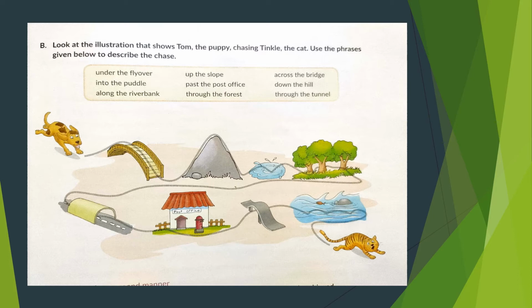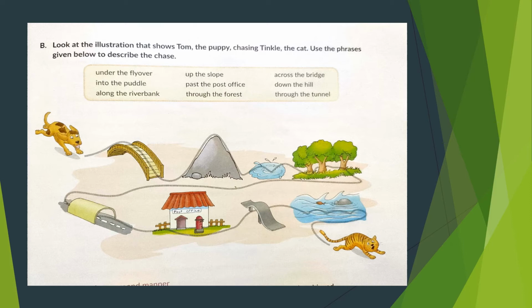She scurried across the bridge. Look at the diagram picture and follow the trail of the chase. Across the bridge, moving up the slope and then down the hill. But he was right behind her. Running and running, she splashed into the puddle and moved through the forest like a bolt of lightning. She stopped to gather her breath, and when she turned around, she saw the familiar sight of good old Tom